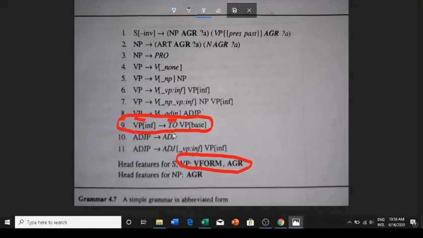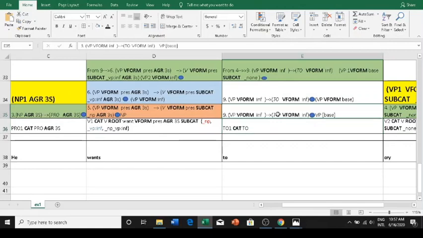And one more thing is the vform value of VP on the left is restricted by infinitive. Okay, so obviously this vform of to is also infinitive, and the next part of the rule, that is VP, is restricted as a base form. Okay, the verb form is base form, so those restrictions are in place. So we are going to see how this rule performs for to. So this rule is written, and we are going to instantiate the right hand side of this rule with the lexicon entry that we got for to. Okay, so this is now instantiated.